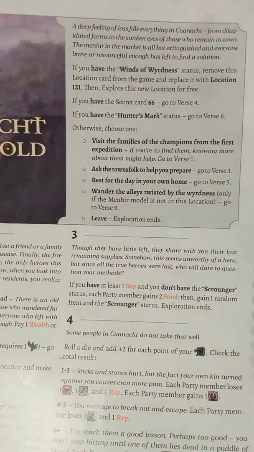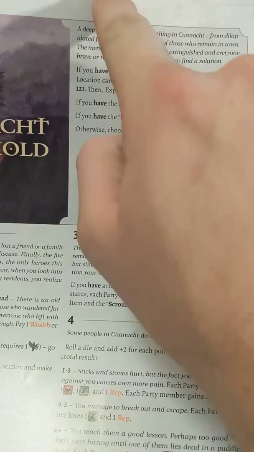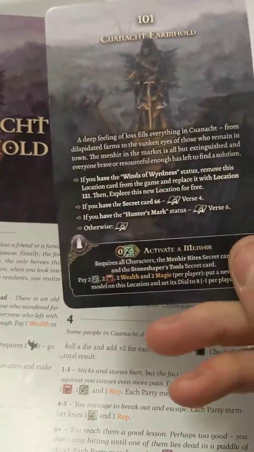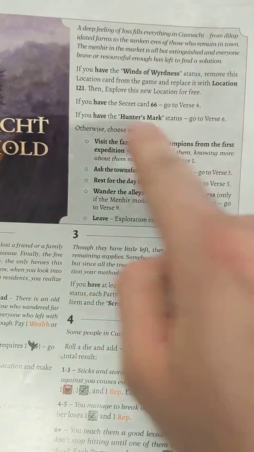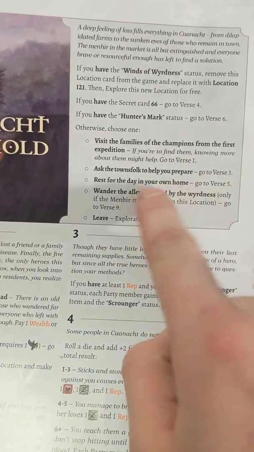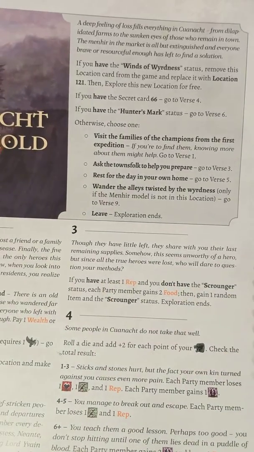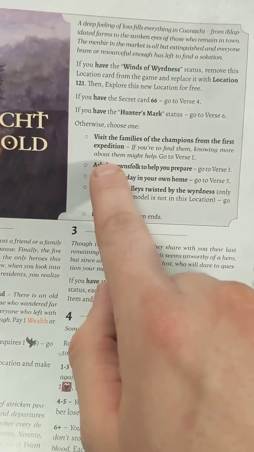So, this top section right here, from this section up, was included on the back of our location card. So this is all old stuff, but down here, this is all of the new stuff. And we're going to be reading through a couple of these options and proceed to read some of the less kind of spoilery verses. So, in terms of the options,